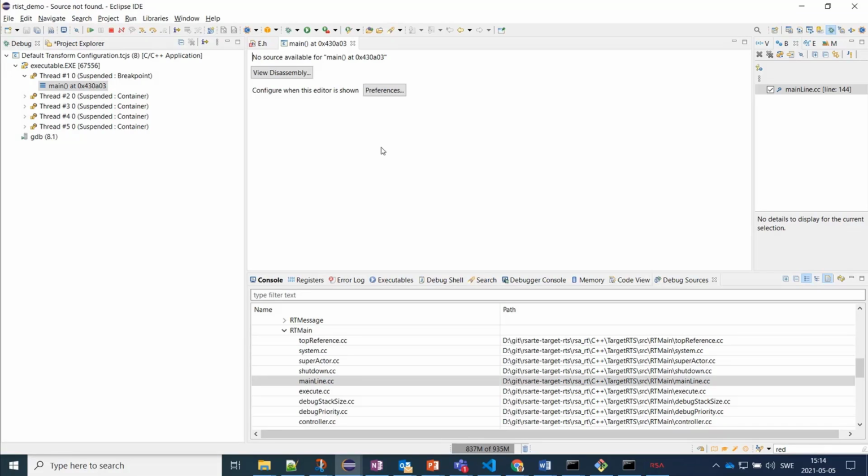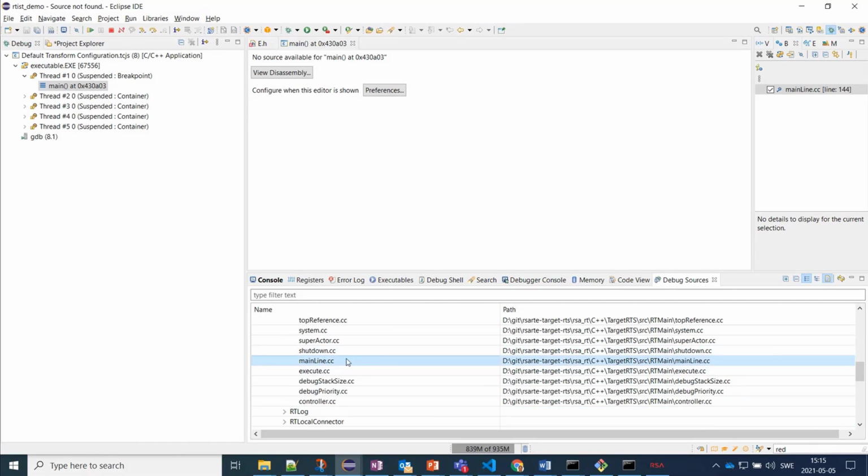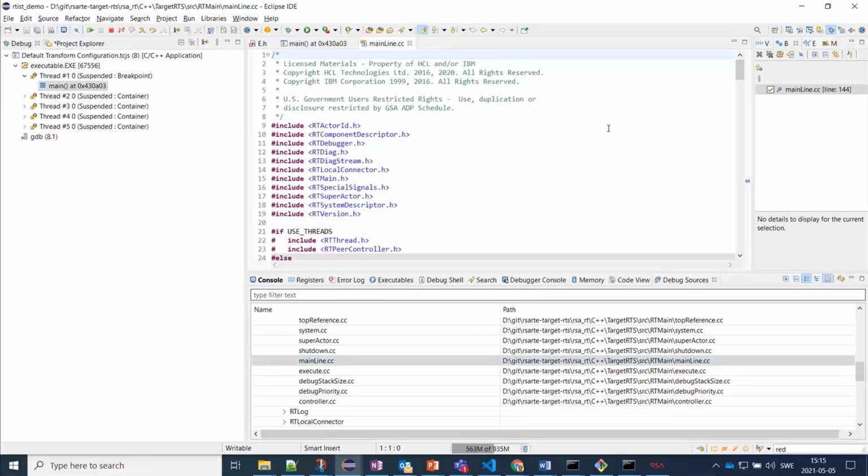these files are. But now there is a new view in the C++ debugger called Debug Sources. That is quite handy, because here you have the list of all files that went into this application when it was compiled with paths. So here you can, for example, find all the target RTS files. And for example, if you go to the main line where the main function is,